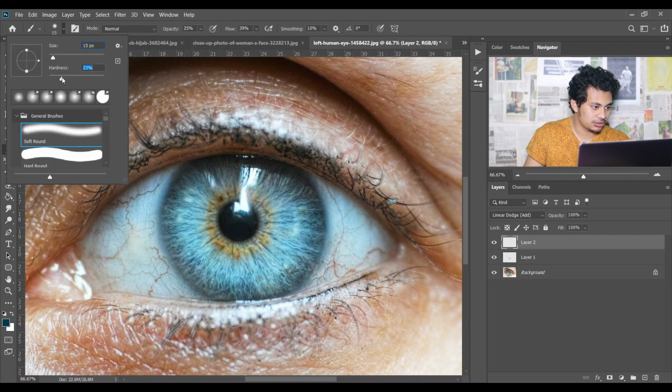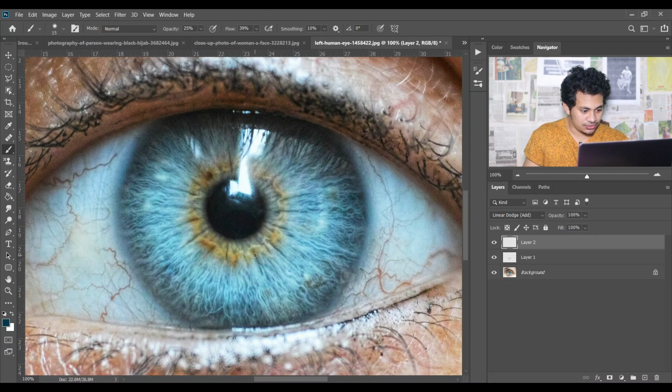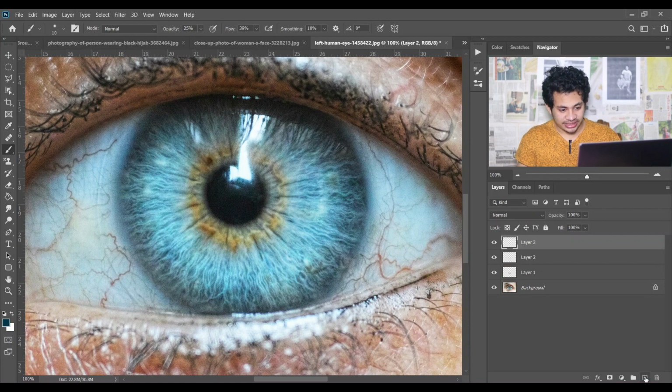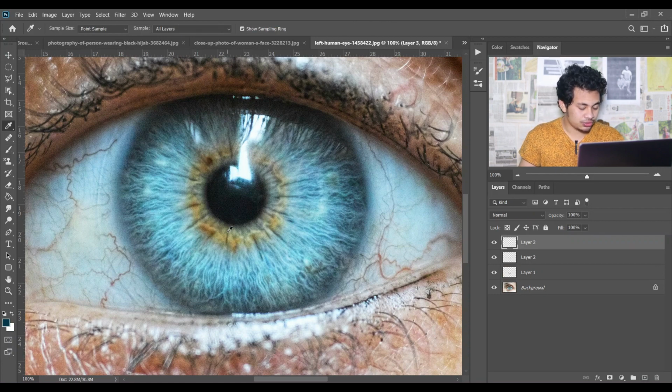I think around 20% is good. Let's zoom in and just paint like this. So let's check the before and after. Look at this, look at the eye texture. It helps you to create a texture in your eyes. Look at this. Now create another layer and select your eyedropper tool by pressing I on keyboard and select this